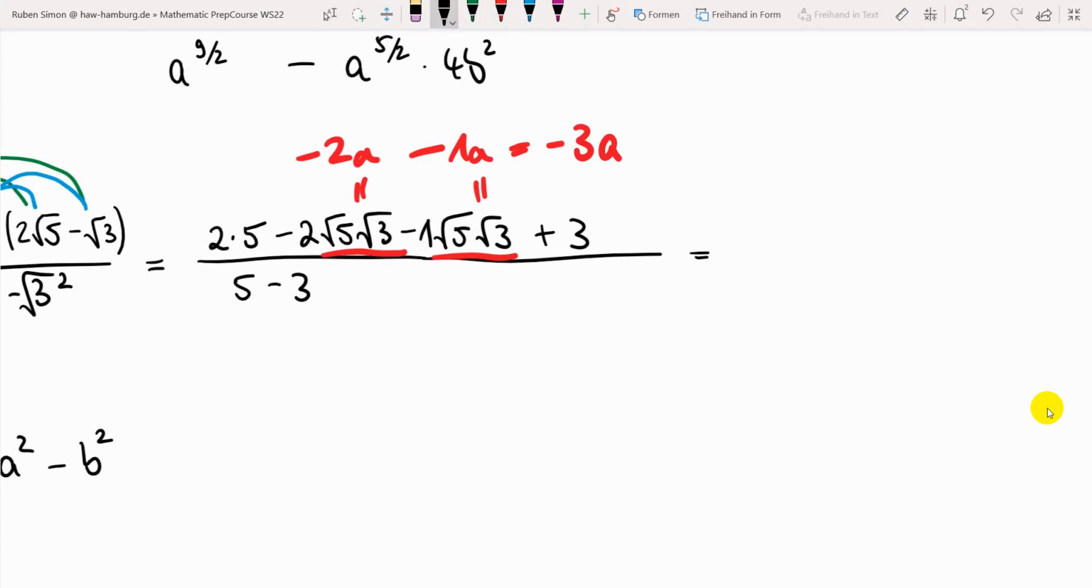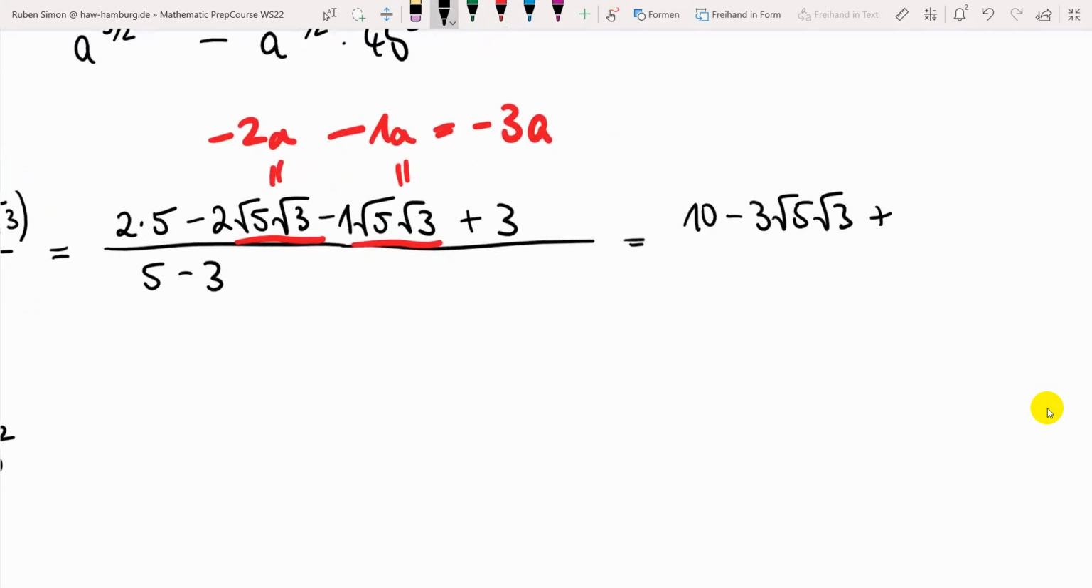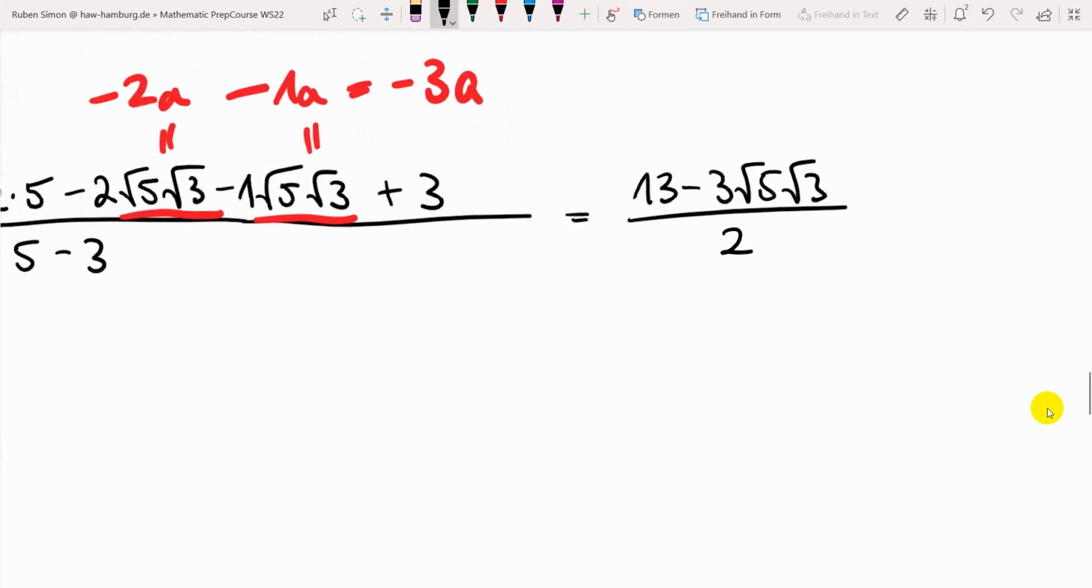why we can write 2 times 5, of course, is 10 minus 3 square root of 5 square root of 3 plus 3. Yeah, of course we could have connected these two. So 10 plus 3, of course, is 13. And in the denominator, this is going to be 5 minus 3, which is 2. And then, yeah, we could do